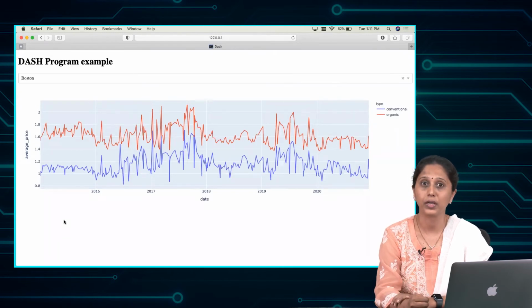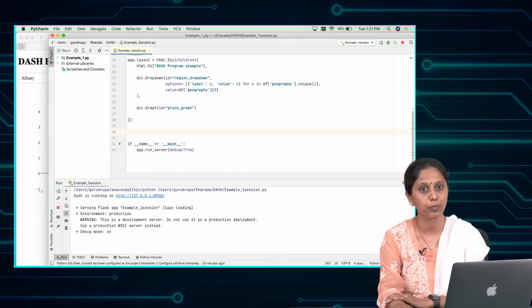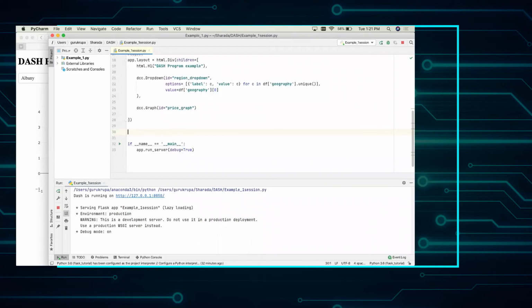Let us see how to connect these two components using callbacks. We will use callbacks to tie these components and bring in interactivity. Callback functions have output and input. We can send in the component ID and component property to these functions. Here, in our case, we would like to update the graph dynamically depending on the input value selected in the drop-down. So, our output will be the graph object and our input will be the drop-down value. So, let's write the callback function.